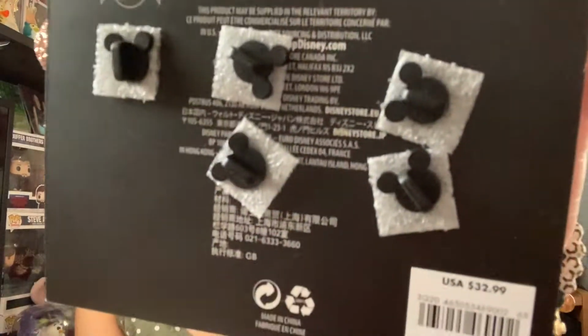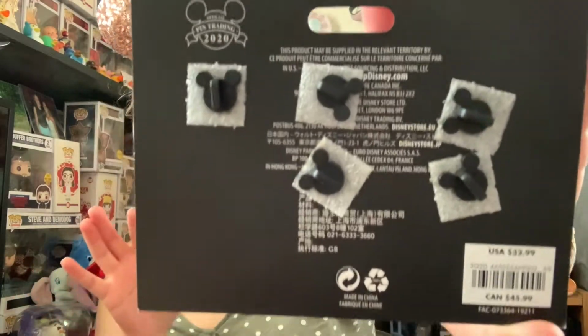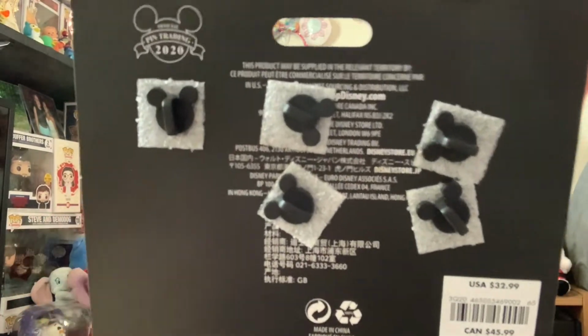The limited release Pride pin set retailed for $32.99. Here's what the back of the package looked like. For time's sake, I'm not going to pull all of these off of the backer card, but